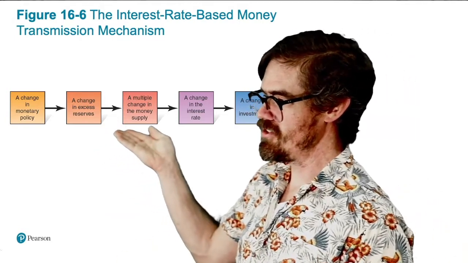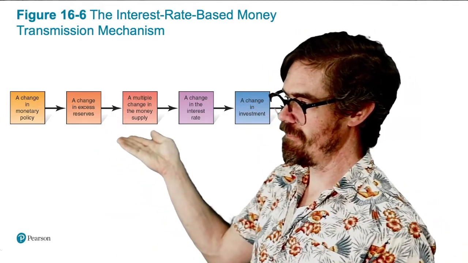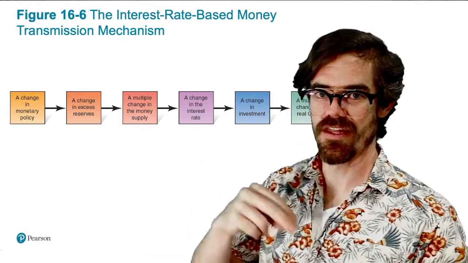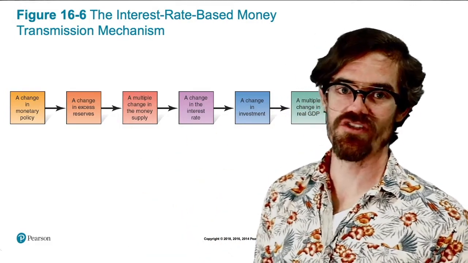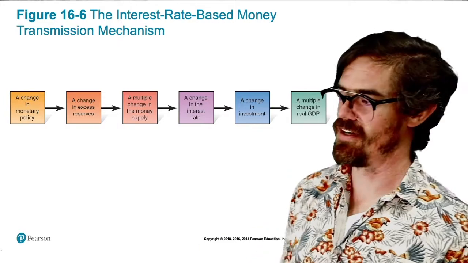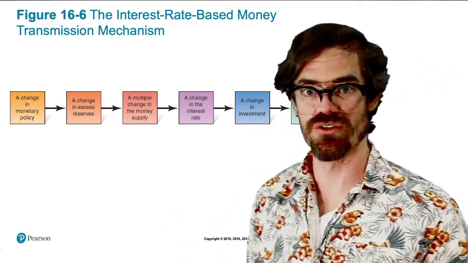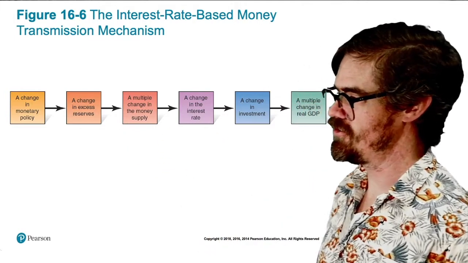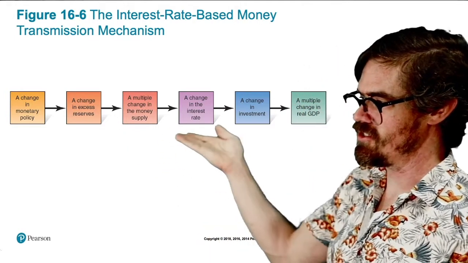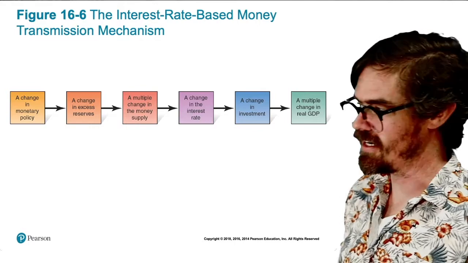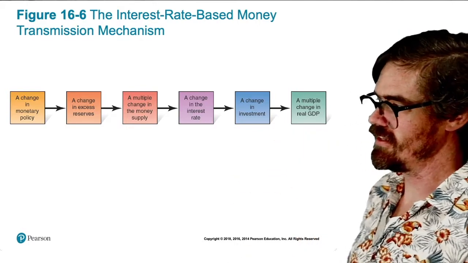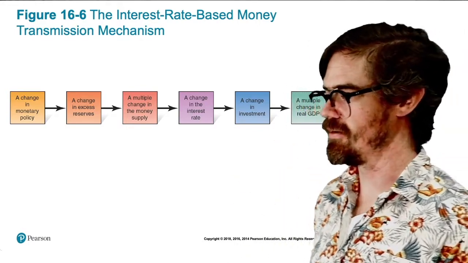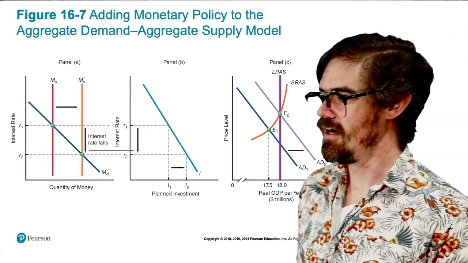That changes the money supply, right? So we learned that in the last chapter. When banks have changes in their reserves, that has an effect on the money supply because of our fractional reserve banking system. And that leads to a change in interest rates, which changes the level of investment in the economy, which changes the level of real GDP in the economy. All right, so